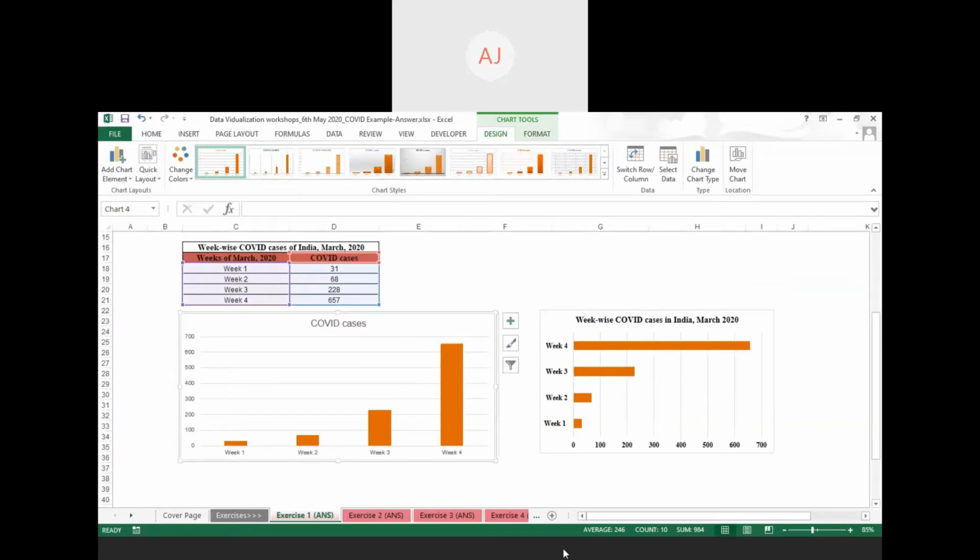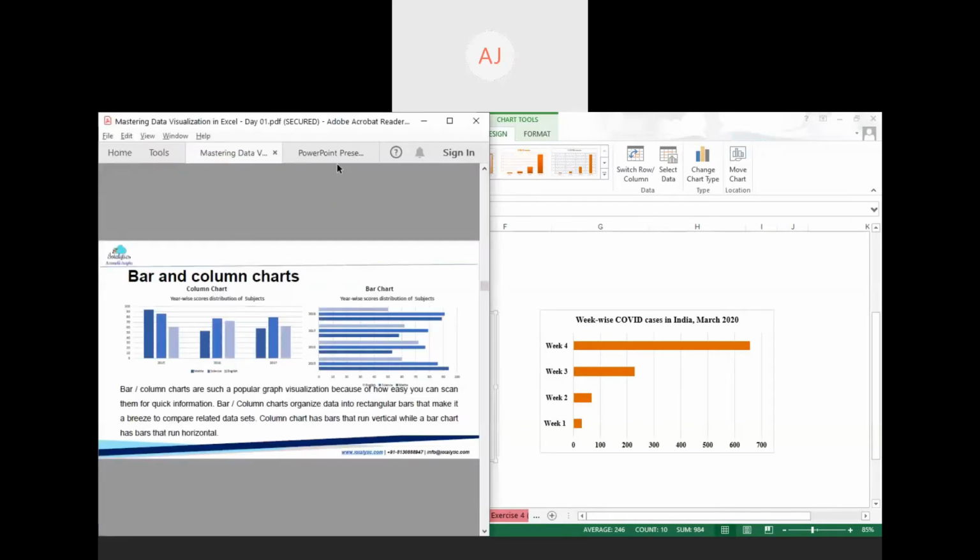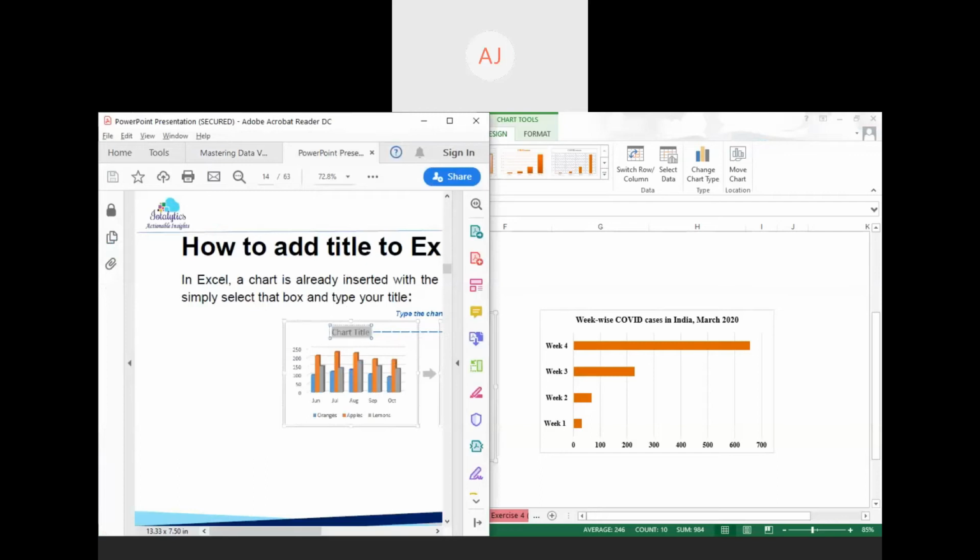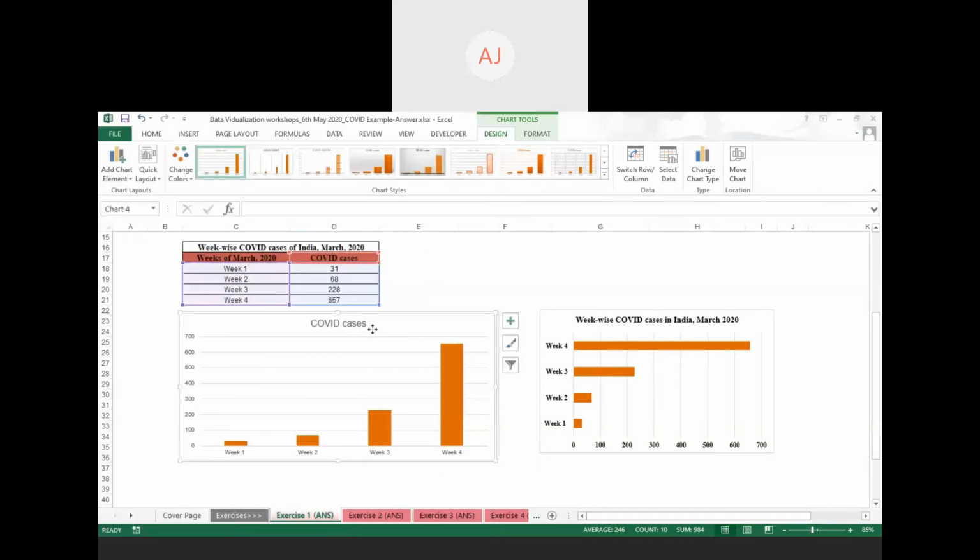So you get a chart like this, of COVID cases. Now we come to our earlier section, what sir has taught us. Sir talked in the earlier two sections about how many things we have to fulfill in our chart to make it clearly understandable to our audience. Our chart is properly made, but we have to complete it by adding the axis labels, chart title, as well as the proper legend and all those things. So we'll start working on those sections.